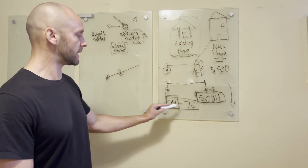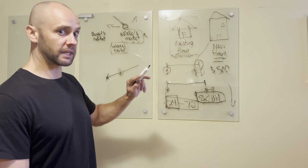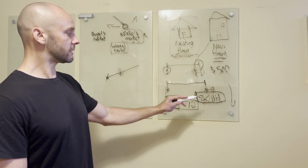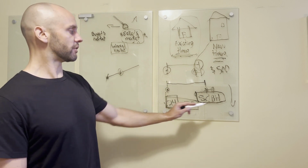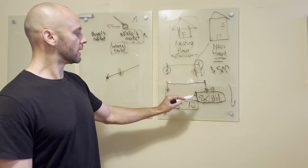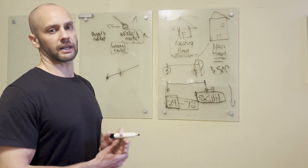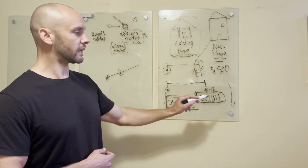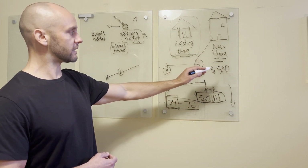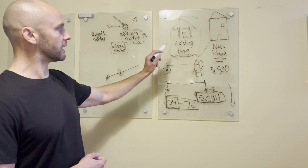And additionally, doing it in this way does take care of the risk of selling before buying and potentially ending up with no home, or buying before selling and potentially owning two homes, right? This takes care of that risk, but in order to give you that peace of mind and that convenience, there are certain things you need to consider as well. In order to get a seller to accept this sale of buyer's home condition, they may be a little less flexible on pricing. So on the scale of market valuation of this home you're purchasing, you might need to be on the higher end of that scale in order to appeal to the sellers enough to get them to accept this offer. And the other thing is, on your existing home,